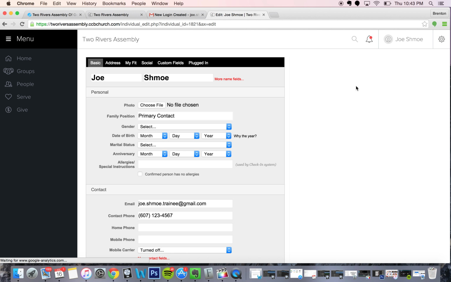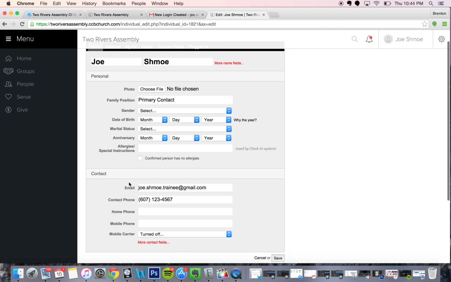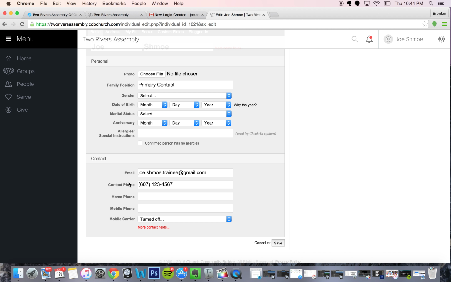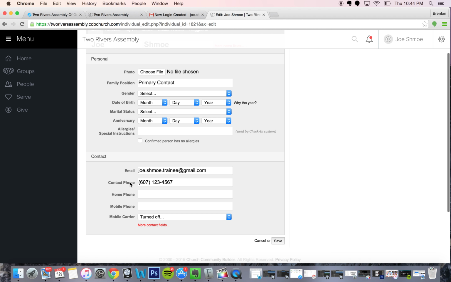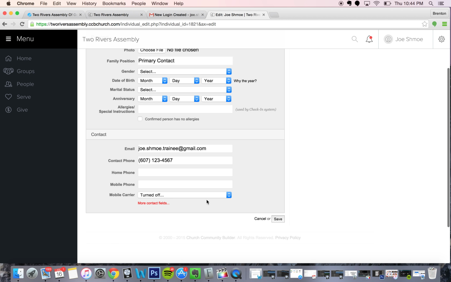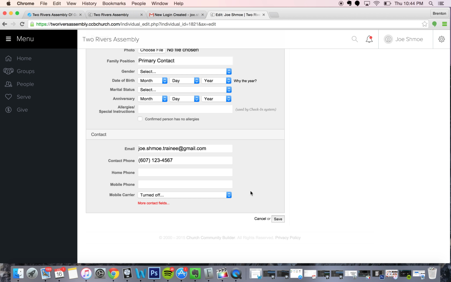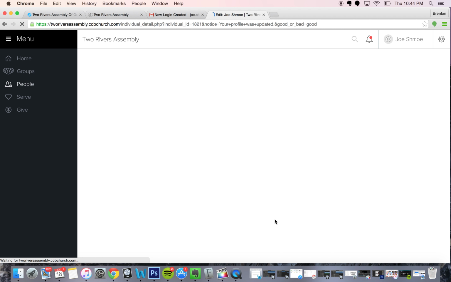So if you go in and you can see your profile, you can add a lot of different things. A lot of it will probably be already entered, like your address and the different things up here, because you have most likely been to Discover Your Place. But I encourage you to fill in anything that's missing. Also, if you do receive text messages, it's important that you go in here and turn on what mobile carrier you have, because we are able to send out text messages through CCB. And if you don't have that turned on, you won't be able to receive a text message from whoever is trying to send it within your group. And make sure you save that.